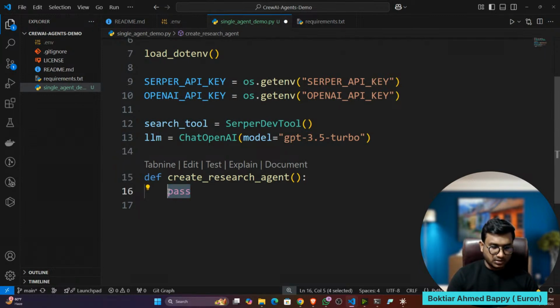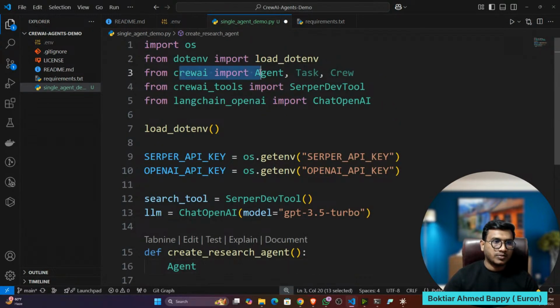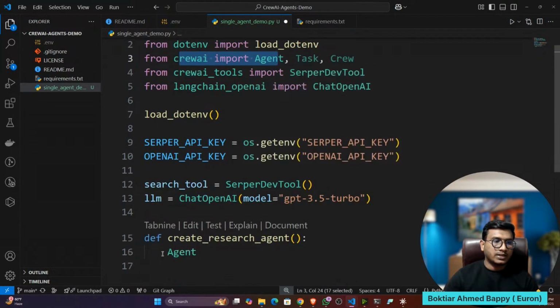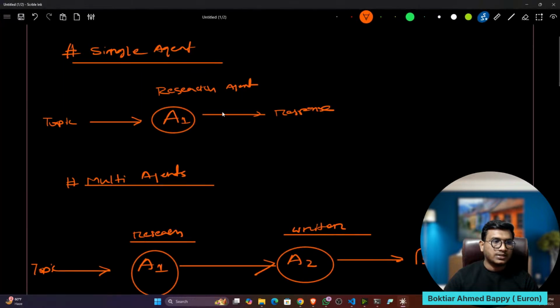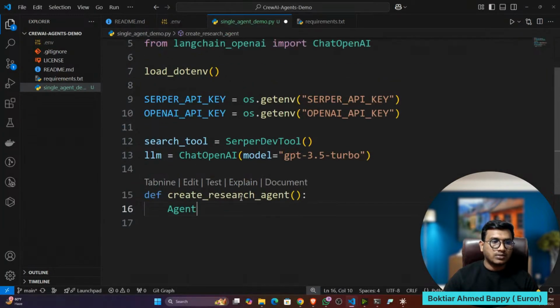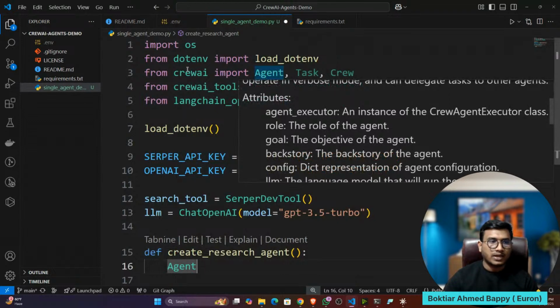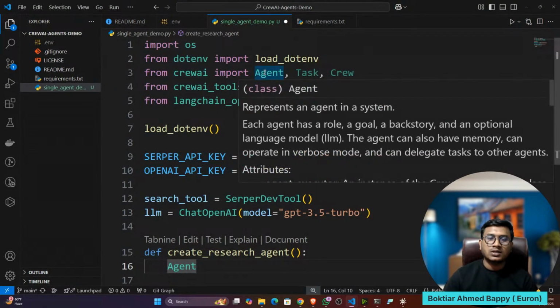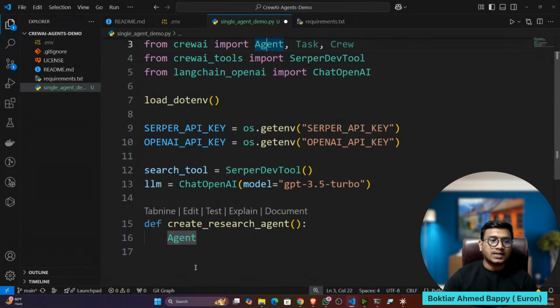Now, once it is done, here we'll create the agents. I think you remember we imported agents from AI. That means we are creating the agents now. What agent? We are creating the research agent. You can see A1, that means the research agent. So we are using this function from AI. AI has different functions, and inside that you can give some parameters. Your agent would be ready. You don't need to write so many lines of code. This is the main advantage of using AI.